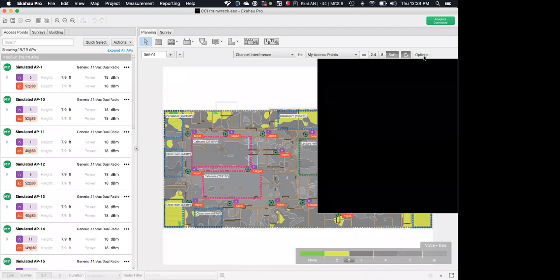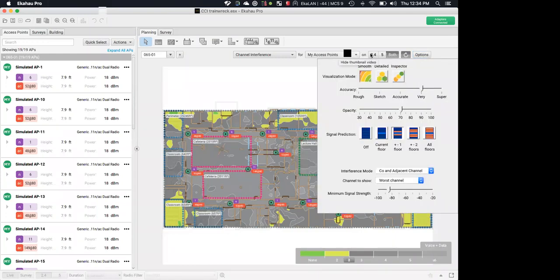Also, I will show this here. If you go to the visualization options, you can actually see there are some options here of how we want to visualize that co-channel interference. So we can look at specifically just co-channel interference or co and adjacent channel. These are the defaults here. You can also say things like, if we want to look at channel interference based on the worst channel or the predicted associated channel, which is based on RSSI